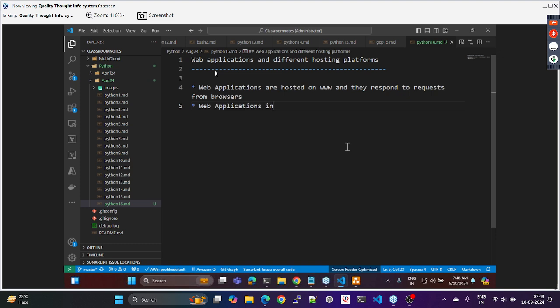Web applications initially were only expected to serve HTML content. Initially, HTML content was static. So for example, if you go to this,